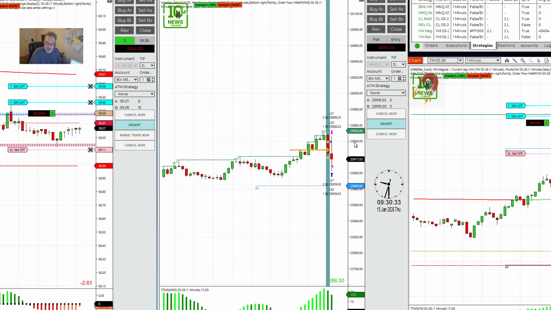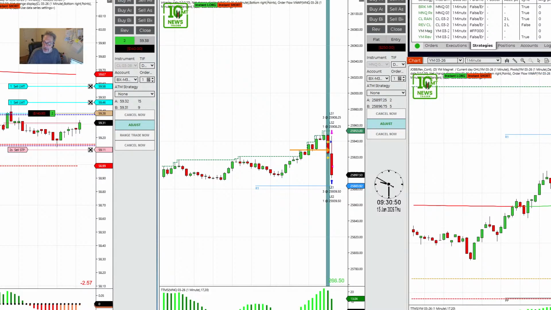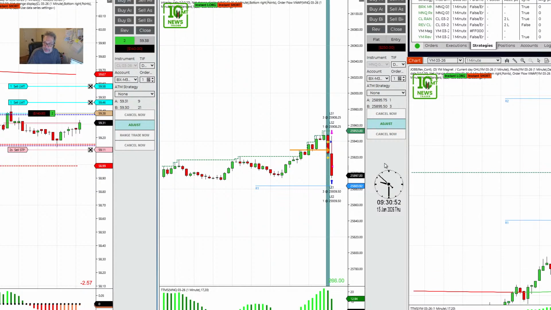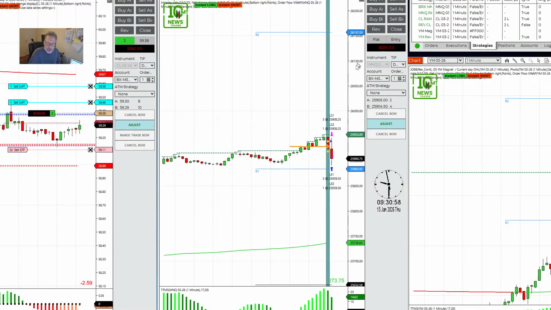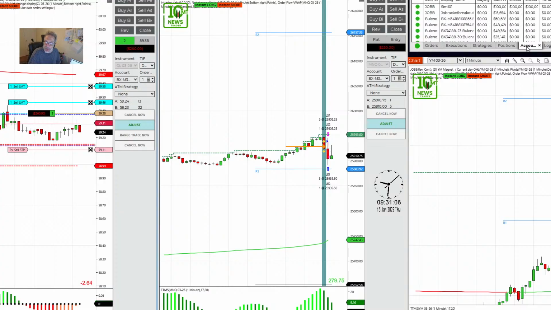NQ, I'm not sure I want to take a second trade because it's already made the new high. Order filled. The YM filled our first target. Order filled, and we got our second target, so at least that was a winner. But my MNQ is a loser, and I'm not happy about it. That's a funded account that's in big trouble. Big frickin' trouble.